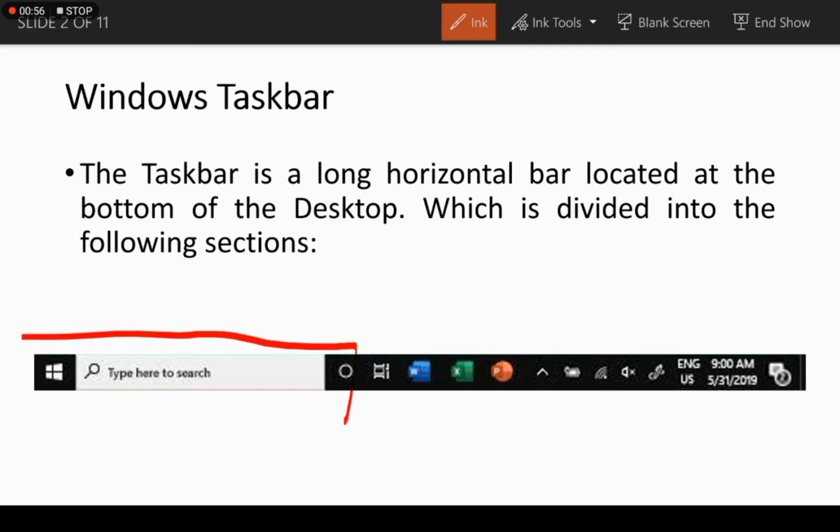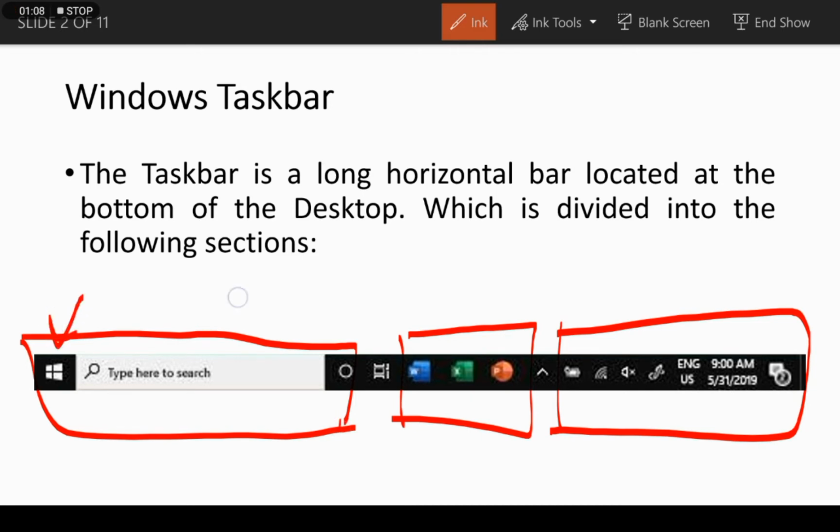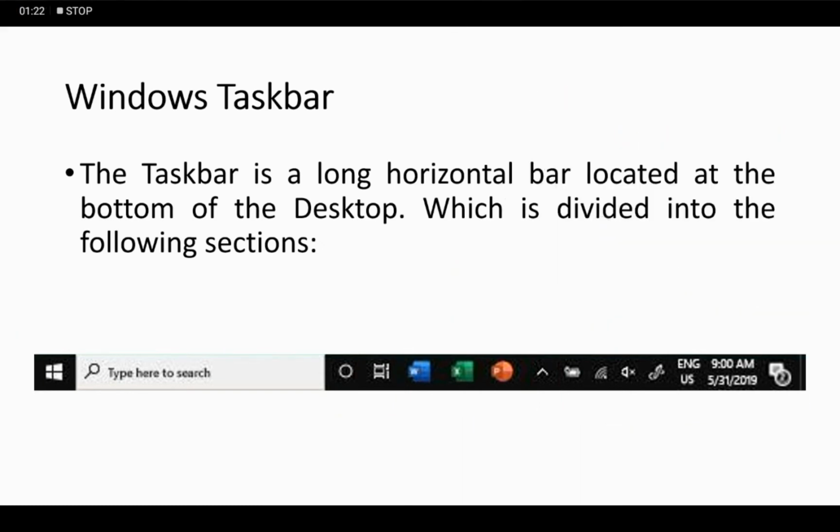This is the first section, this is the second section, and this is the third section. In the first section you can see there is a start button and a search box. In the second section there are some apps, and in the third section there are some notifications. So let's discuss them one by one.